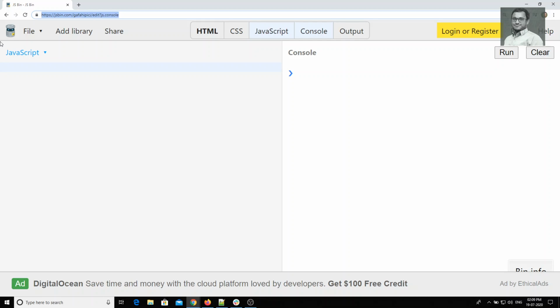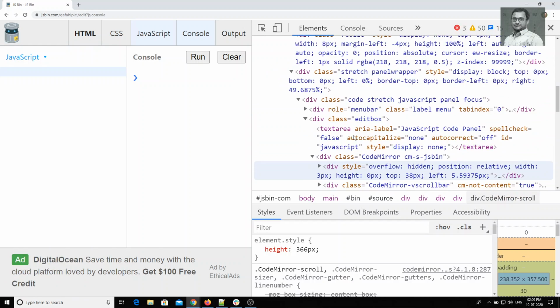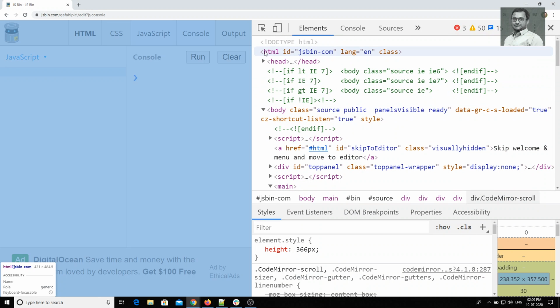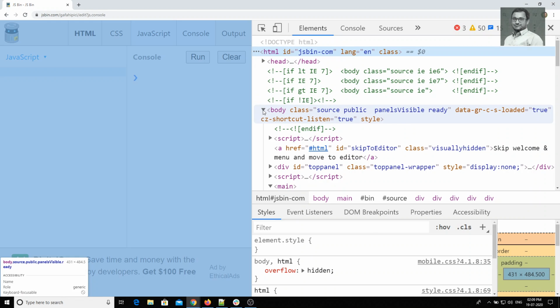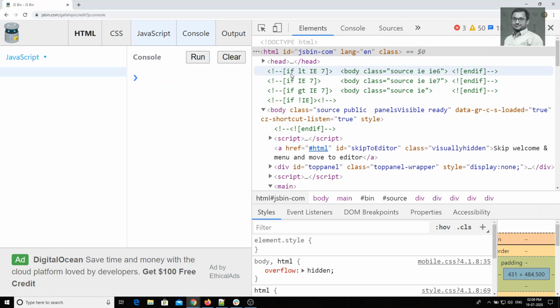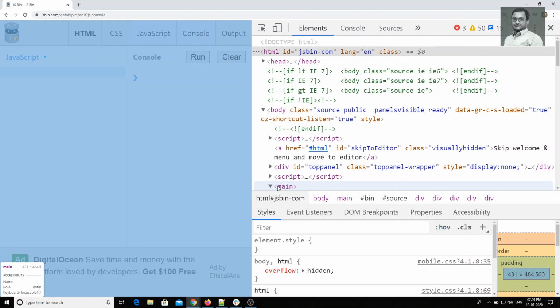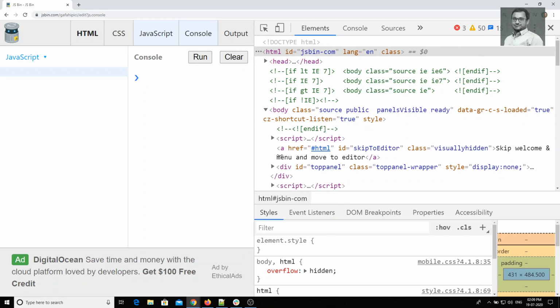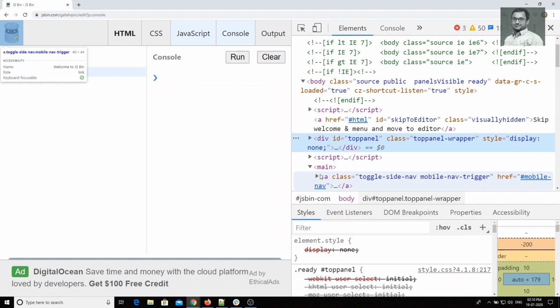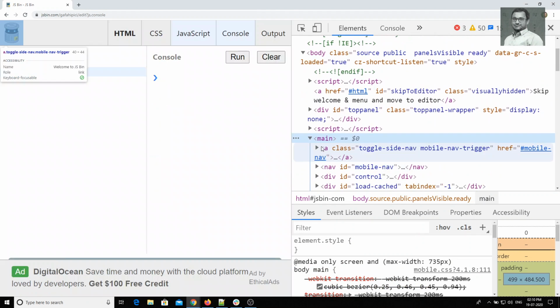And now coming to the website, the document. Wherever the web page is loaded, that is nothing but the document, and it is stored in the Document Object Model. If you see the inspect element, the whole HTML comes under the Document Object Model. You will be able to see the highlighting in the Chrome browser. You can see the div, panel, main, and anchor link. These are all the things you will be able to see here in JSBin.